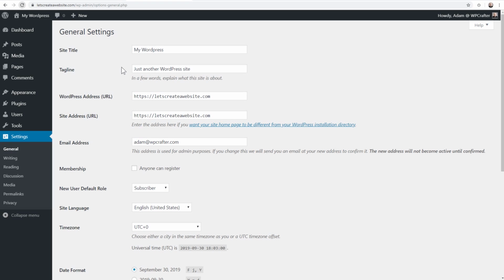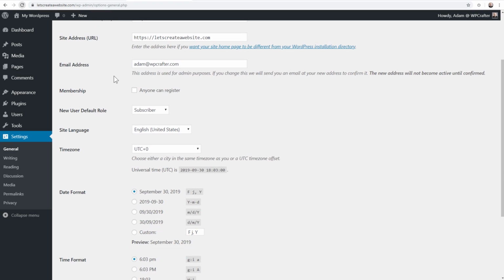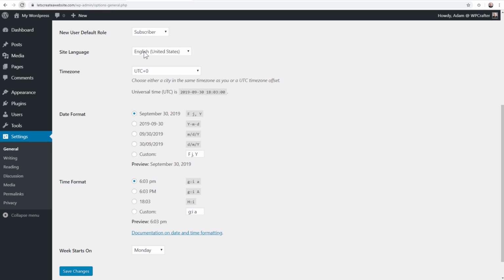We're going to go through changing that as well later in this video, but this is where I wanted to show you that you could do that. Here's the email address where notices are going to be sent to. So if there's anything important related to your WordPress-based website, this is the email that those notices would be sent to. Right here, you're going to be able to change the language of your site, and it's also a good idea